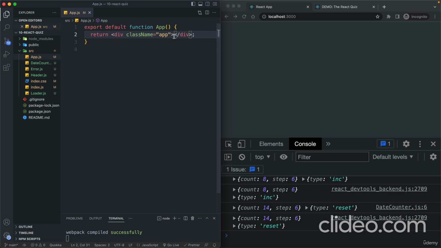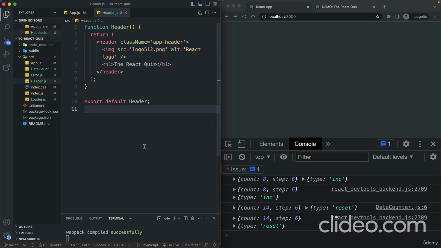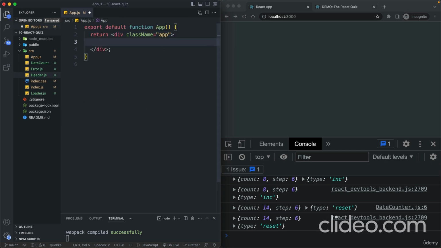Now, as I said in one of the previous sections, we will now start to actually create one file per component. So making this project development a bit more real world. Now, in case of the header, I actually already created that component for us. So it's just this very simple component that doesn't even have any logic or any state, and it doesn't even accept props. So it's just a very simple presentational component that has the image, so the logo, and the title. And so let's include that here,